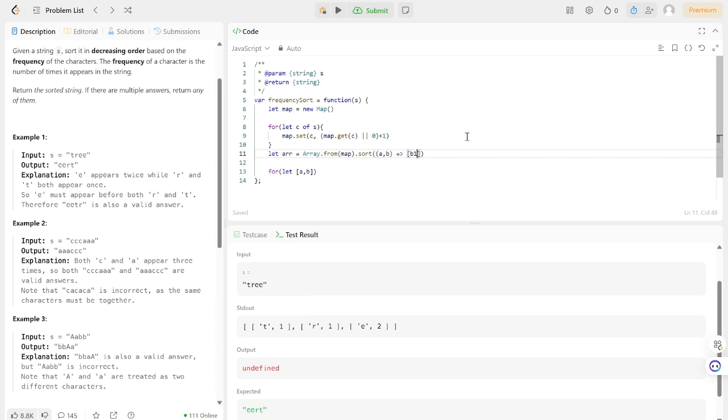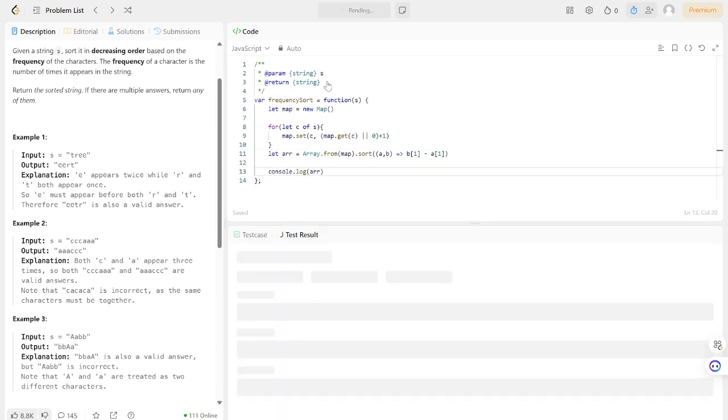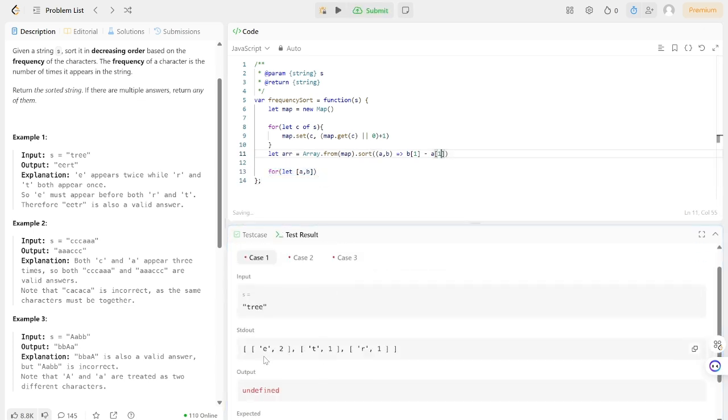So B1 minus A1. This wasn't from largest to smallest before. And if I console log the array again, you will see. Let's go back to the for. As you can see now they're sorted in size order, so we have to loop through each character, each value,